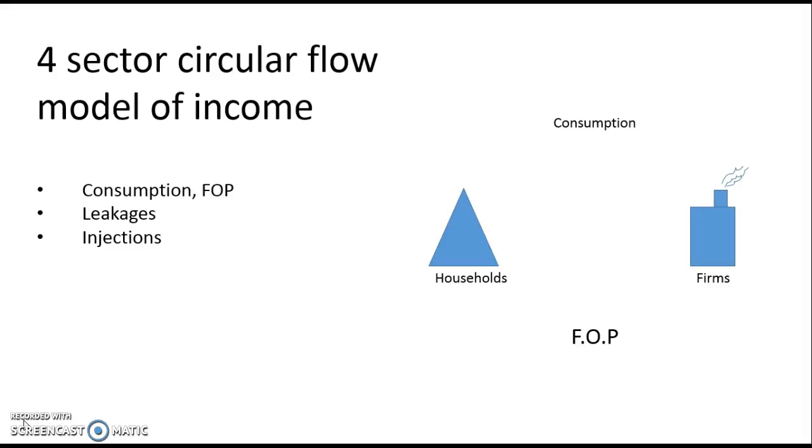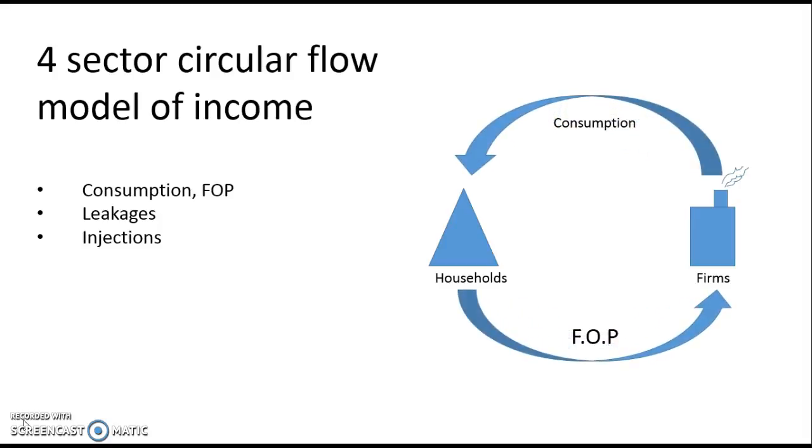This consists of a household and firms in a country where you have consumption going one way and factors of production going another way. The factors of production are given from the households to the firms, where the household buy goods or services from the firms as consumption. This is a closed system and is called the two-sector circular flow model,